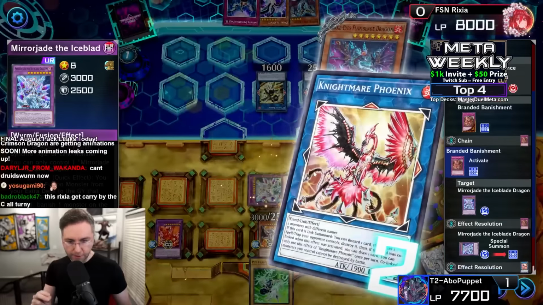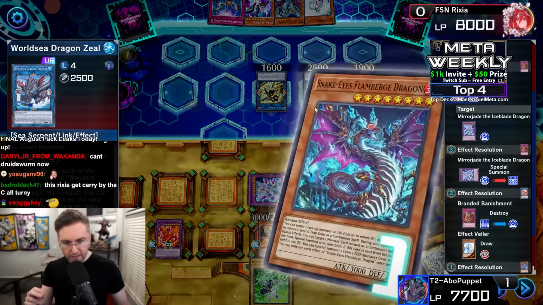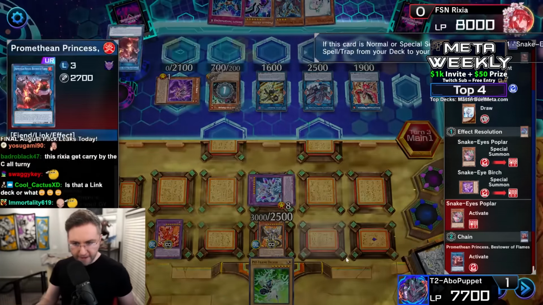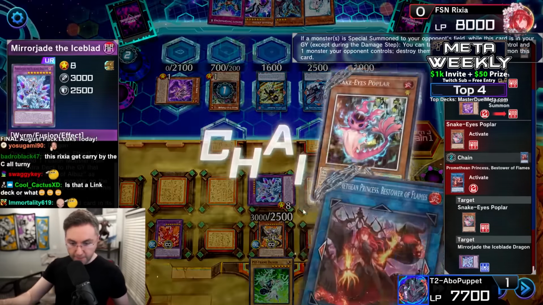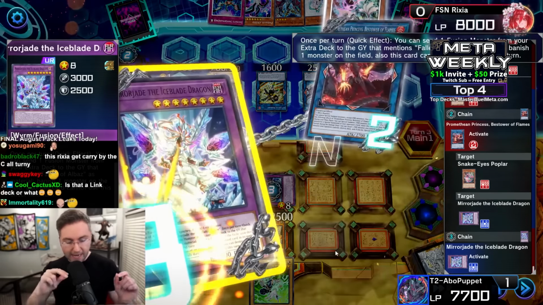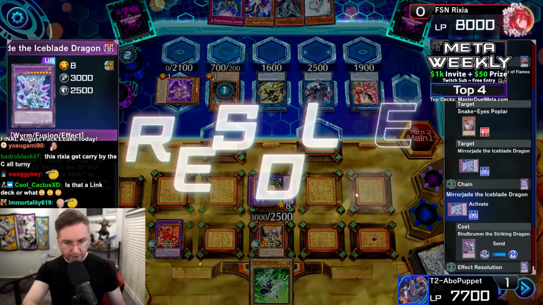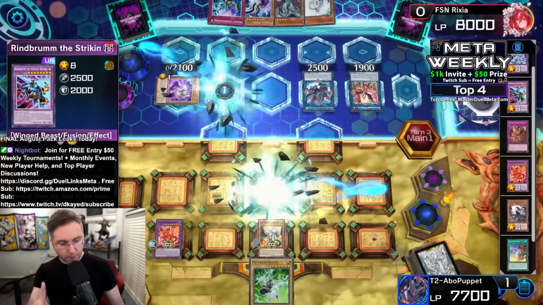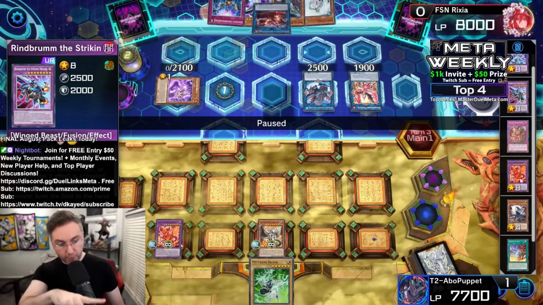When do we banish? We could also activate the Zealantis to banish the entire field to come back. Reborn through the effect of the Flameburge being sent to the grave. Promethean Princess is gonna force the activation of the Mirror Jade, sending Rinbrum to non-target banish as we're allowing it to banish. Now we have another form of disruption with the Albaz and Grave. We get Rinbrum,